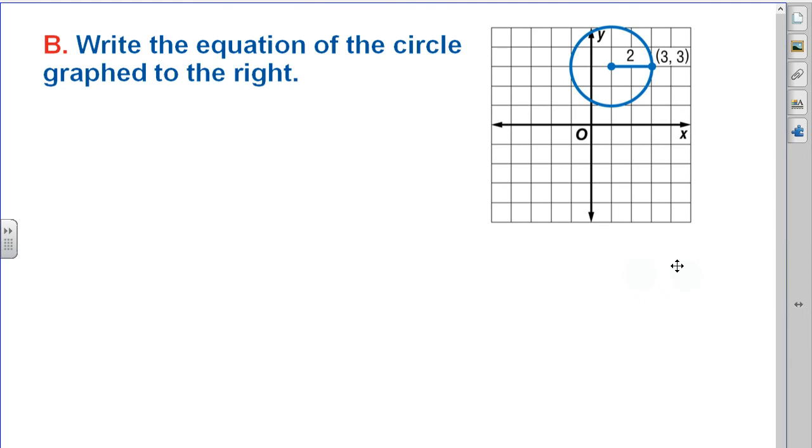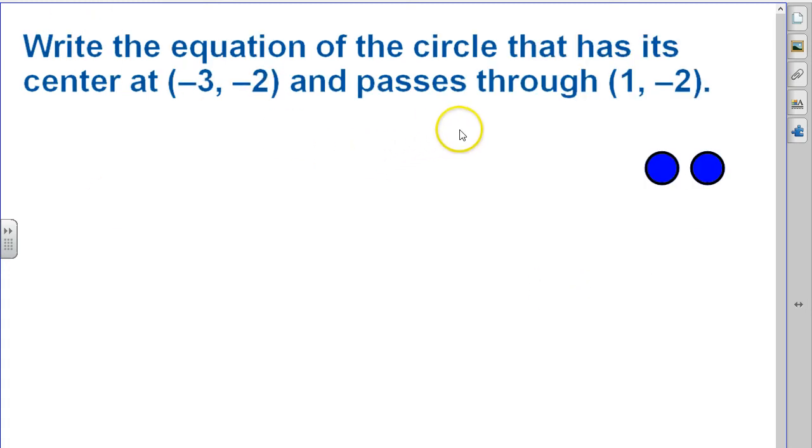Last problem for this section. Again, it's a short section. There's not a whole lot to go over a lot of times on this one. Write the equation of a circle that has its center at negative 3, negative 2, and passes through the point 1, negative 2. Okay, so